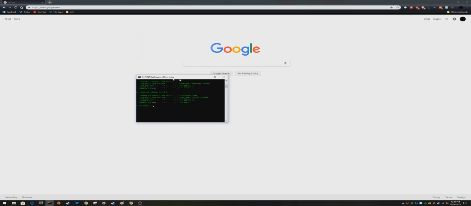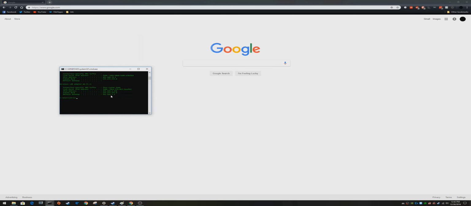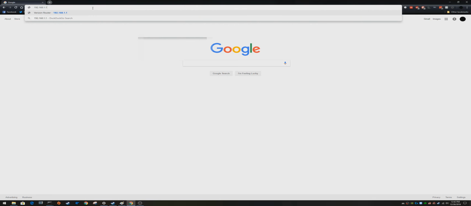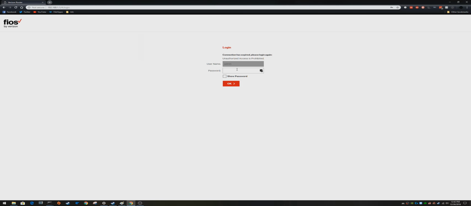So in this case, the IP address is 192.168.1.1, which is typically the default. You might have the same one. You want to type that IP in the address bar of a web browser, 192.168.1.1, and hit enter. Here, this will bring you to the Quantum router login page where you will type in